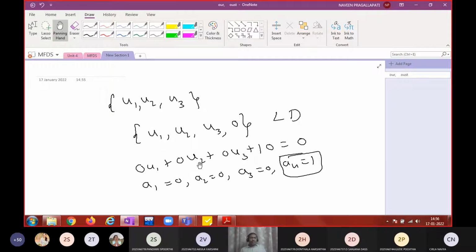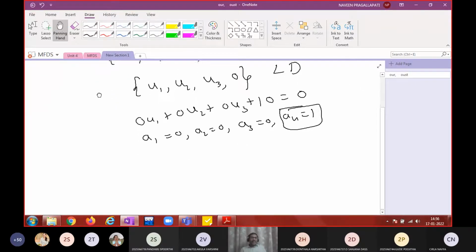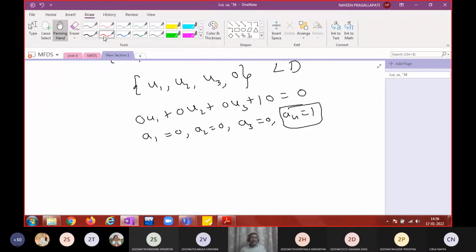Yes, sir. Right. So if you identify a 0 element, a 0 vector, in a given set, you can immediately declare that it is going to be a linearly dependent set. And what does the other result say? Any superset of a linearly dependent set is linearly dependent. If I say this is linearly dependent, you take any superset, this is also linearly dependent.